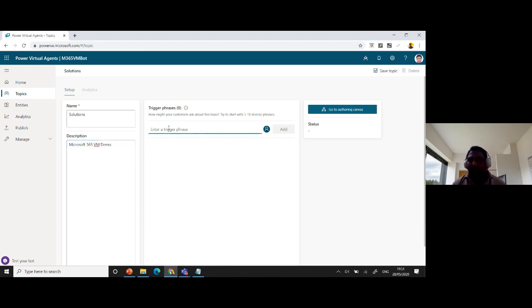I'm going to add some trigger phrases. These are very important, I told you, right? Name and description help identify the business, what you are doing with the topic. For example, I can use different solutions like SharePoint Framework, Power Platform, Power Automate, Power Apps, then Power BI, the different solutions you can give to the users to select. Okay, there's a conversational bot, right? I'm going to use something like training, whatever the user can add. And you can say help if you want any help, and you can say solutions,